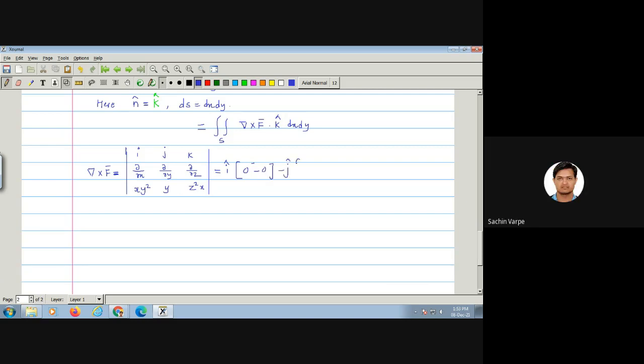Minus j cap times partial derivative of z square x with respect to x, which is z square, minus partial derivative of minus xy square with respect to z, which is 0. Plus k cap times partial derivative of y with respect to x, which is 0, minus partial derivative of xy square with respect to y, which is 2xy. So that is equal to minus z square j cap